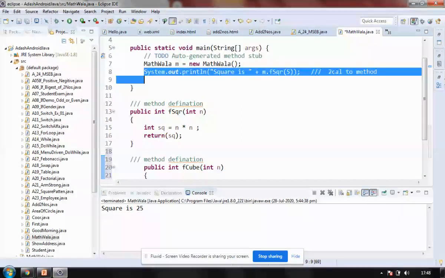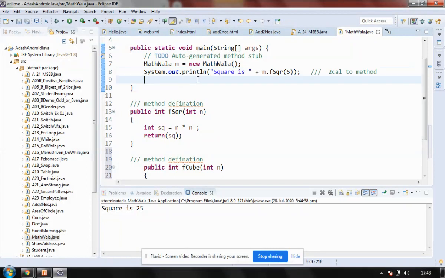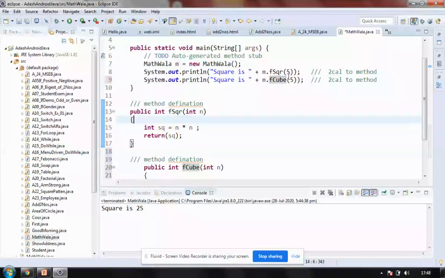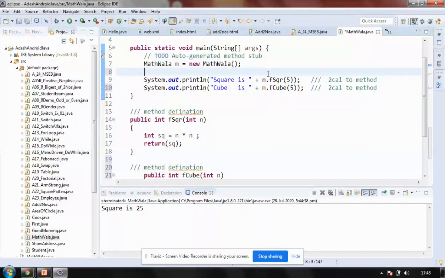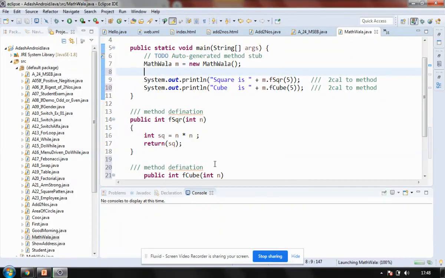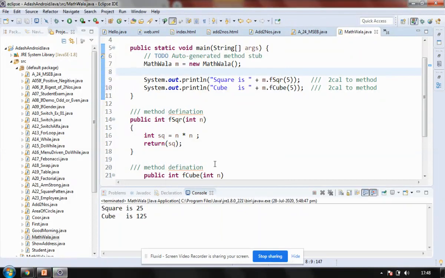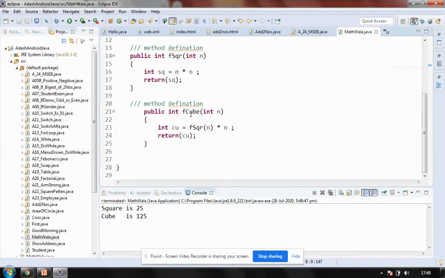So what happens? Suppose I use the same value, and I pass the same value, that is 5. I'll be using cube here, and if I run this, it has to show the cube of the number. So what is the cube of the number? It is 125. Okay. So can we write one more method which is going to calculate the power of n numbers? Definitely we can. Now it is not going to take a single variable, it's going to take two variables. Fine. So can we write an average method? Yes, we can write an average method here. So you can work in that way, n number of combinations.